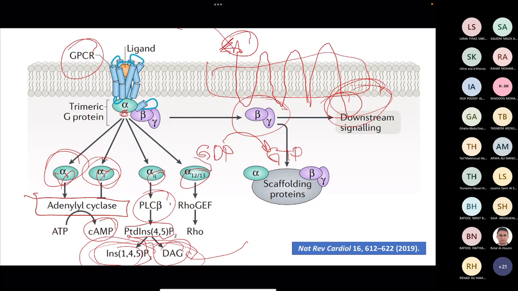While the alpha 12/13 activates a family of components called the Rho family. And this also exchanges the GTP, activates RhoGEF, which is Rho GTP exchange factor, which exchanges the GDP with GTP, which leads to activation. زي ما قلنا, this happens to the G protein in the first step of